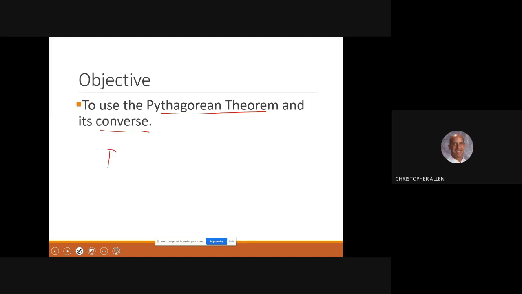So if I have a conditional statement, P arrow Q, remember this is going all the way back, I think, chapter 1. If this is P arrow Q, what's the converse of P arrow Q? Well, it's Q arrow P. You switch the hypothesis and the conclusion around. So, for example, if I said,